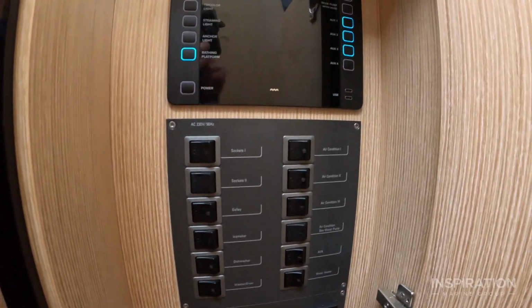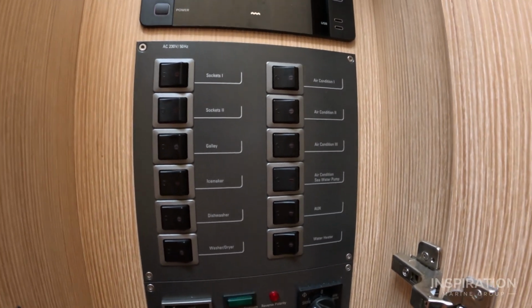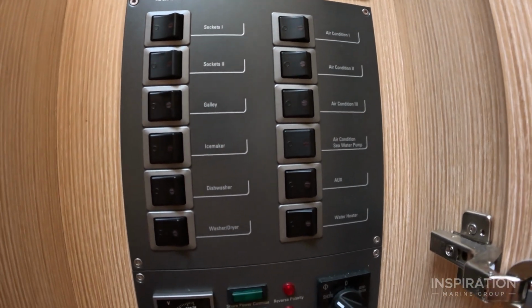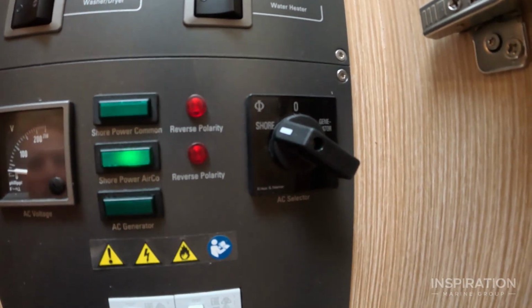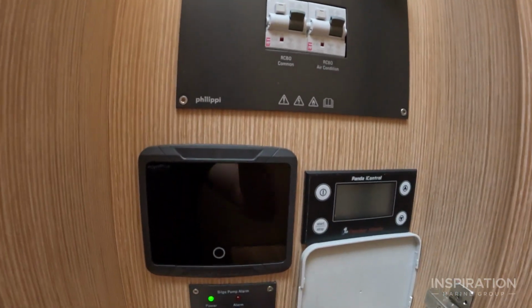Underneath that you've got your 230 volt panel. So this is your switching for when you're on shore power, generator or inverter. You've got all the air conditioning switching on the right, domestic appliances and sockets on the left. When your generator's running, you'll throw that from shore power over to generator. You also have